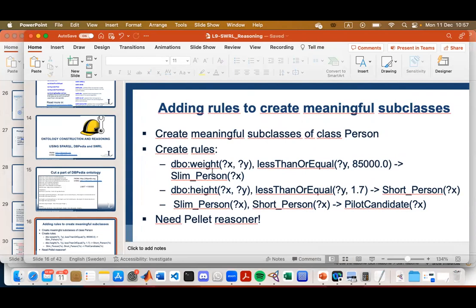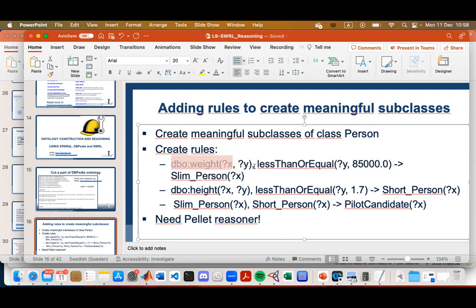For example, we can define a kind of slim person, if, for example, the weight is less than or equal to 85 kilograms. So let's do that then.